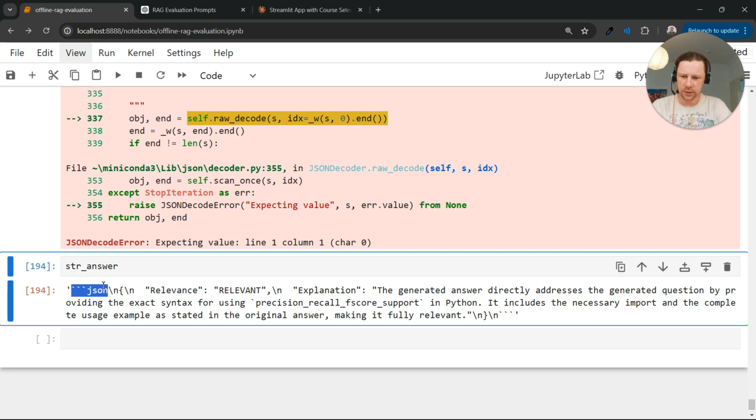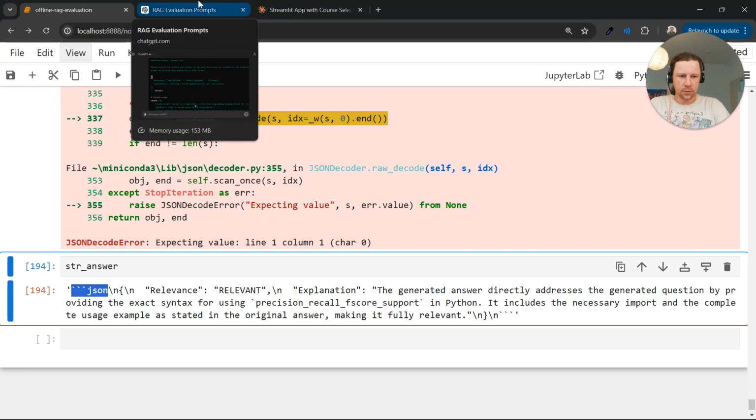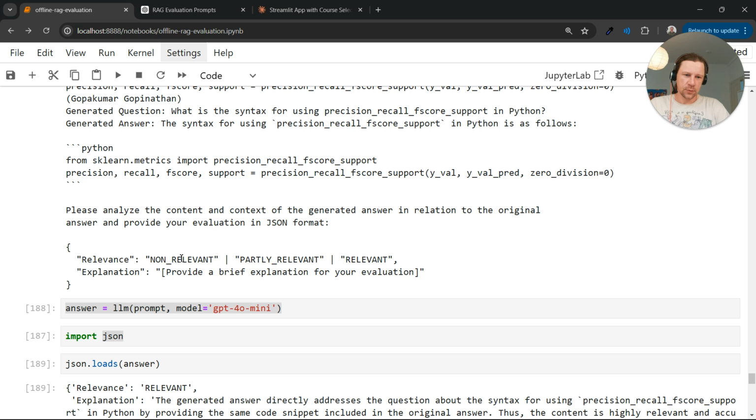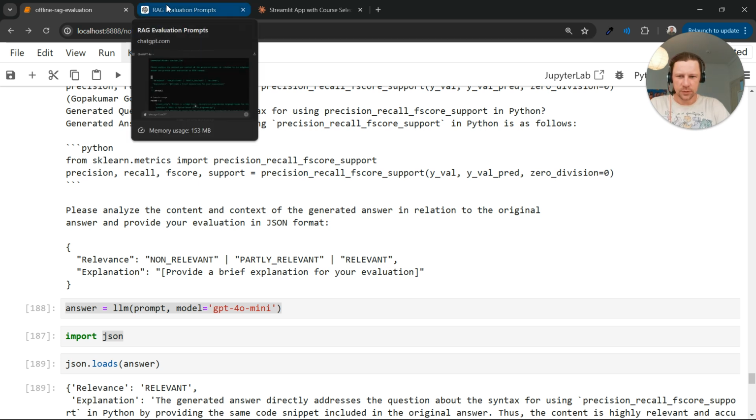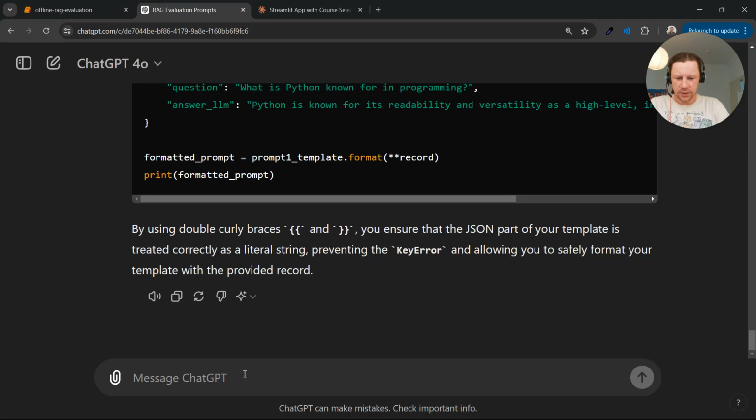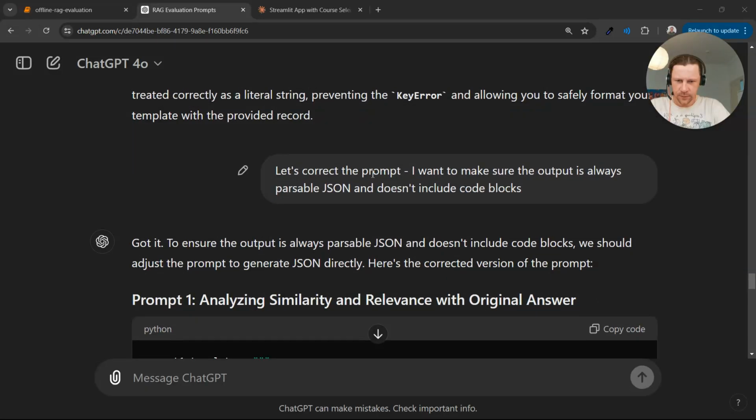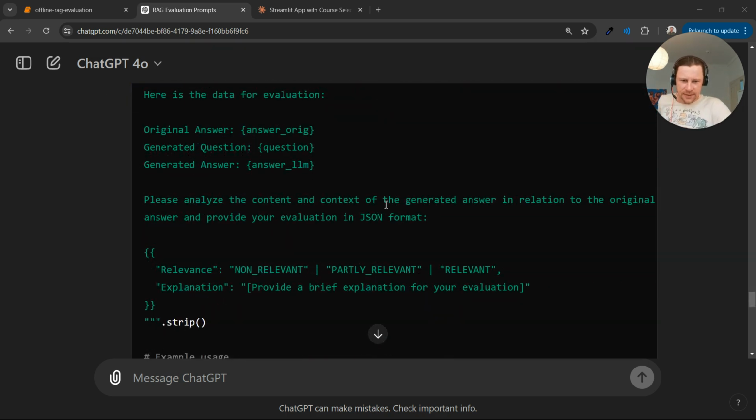Yeah, so it actually included a code block. So we want to not do this. We can add this in the prompt: do not output code blocks, because we want to make sure that the JSON is parsable. So this is the same prompt we used before. I'll just ask GPT to correct it. I'll put it on pause and finish and show you the results. Yeah, so what I asked is, let's correct the prompt. I want to make sure the output is always parsable JSON and doesn't include code blocks, but it does not